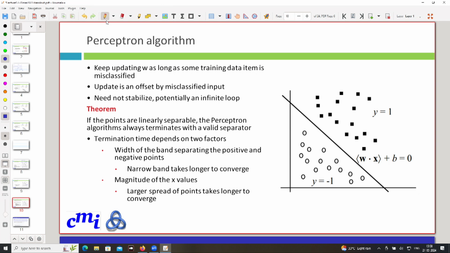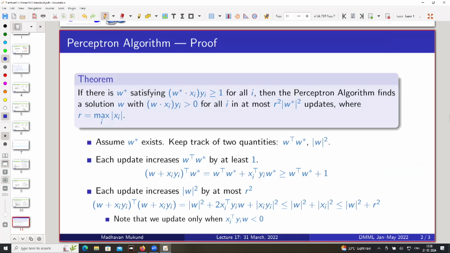Okay. So I told you the algorithm, which is just adding vectors essentially. So let's now see the formal statement. This theorem formally will prove that this algorithm terminates, and it will actually quantify how long it takes for it to terminate. Right? How many steps does it take? So let's say there is some special W star,